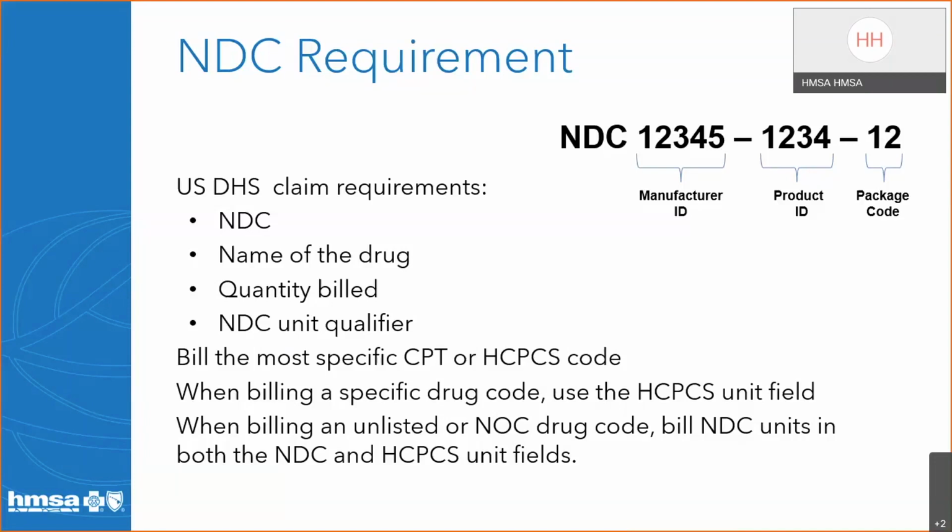For insurance billing purposes, Centers for Medicare and Medicaid Services created an 11-digit NDC derivative identifier. For example, like the one shown on your screen. The CMS NDC identifier has 11 digits with no spaces, hyphens, or other characters. If the NDC package code is less than 11 digits, the code must be padded with leading zeros. The leading zeros must be added to the appropriate segment to create the 5-4-2 configuration shown here. So you'll have a 4 or 5 digit manufacturer identification number, a 3 or 4 digit product ID, and a 1 or 2 digit package size and type code.